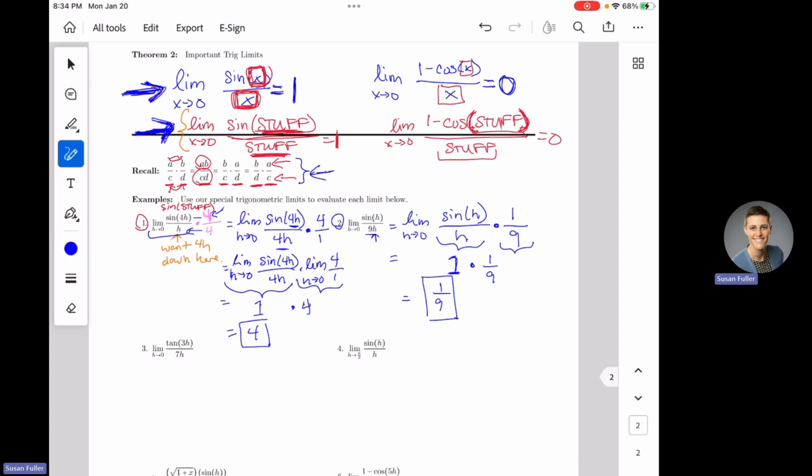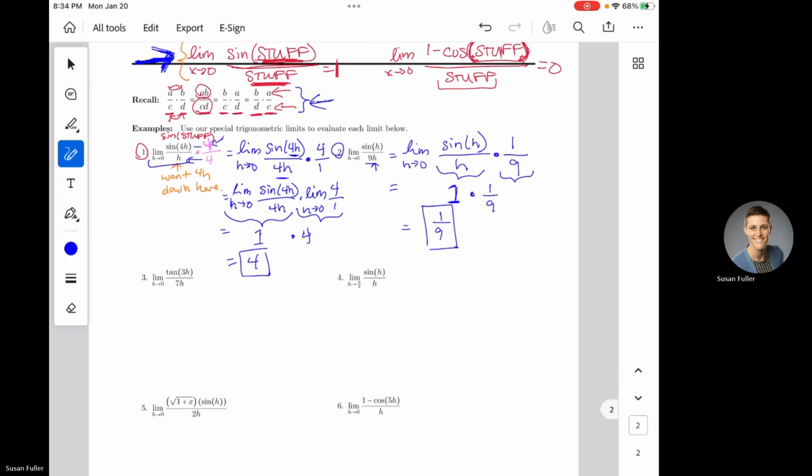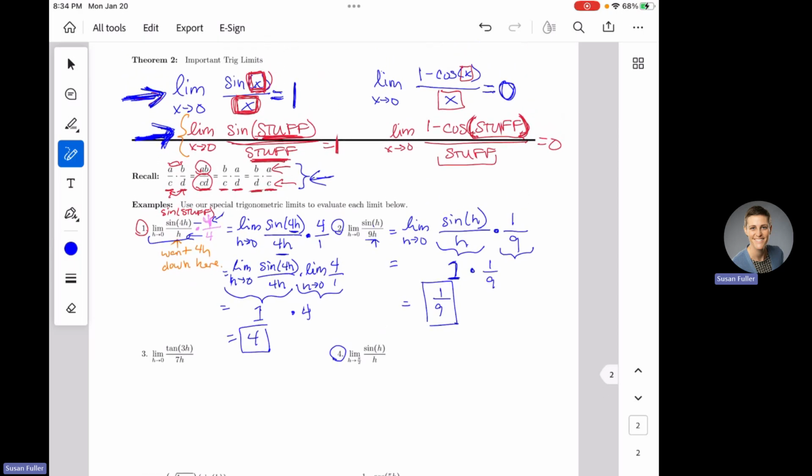And then for this next one, I'm going to go backwards. I'm going to start with 4 and go back to 3, because 3 is going to be a little more challenging, so I'm going to build up to that. So, number 4, the limit as h approaches pi over 2 of the sine of h over h. And you're going to say, oh, the sine of h over h, that looks just like this, right? The stuff inside my sine matches the stuff on the bottom. This looks great. So I can just use my gift and say this is 1, right?